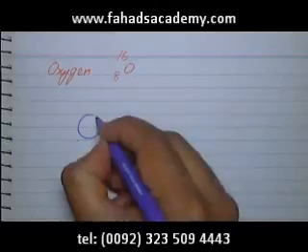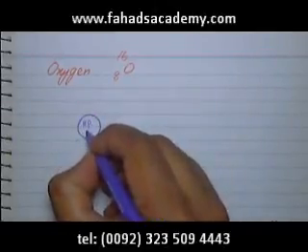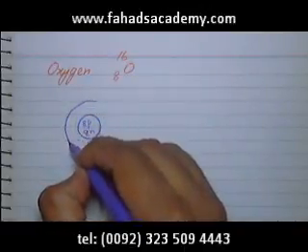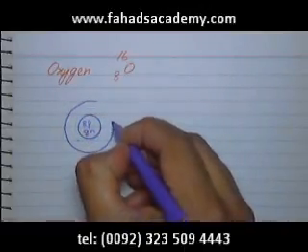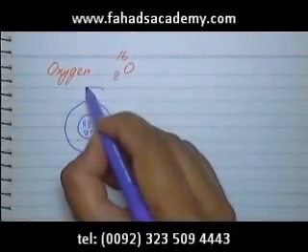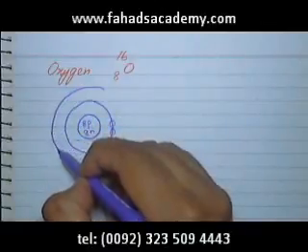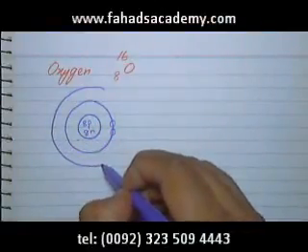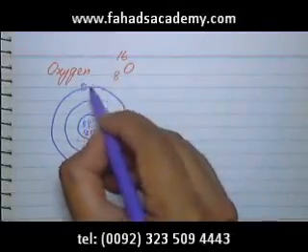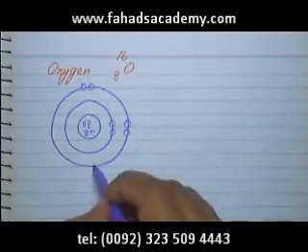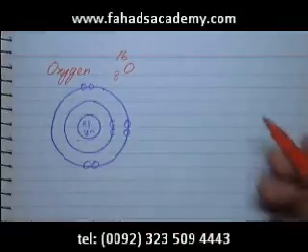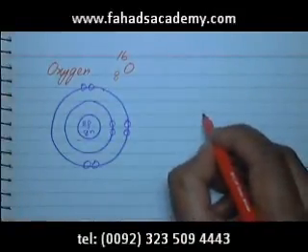This here is the nucleus of an oxygen atom, which is going to have 8 protons and 8 neutrons. The first shell would have 2 electrons, and there would be 6 electrons in its outer shell. So the electronic configuration would be 2 and 6, and there would be another oxygen atom with the same electronic